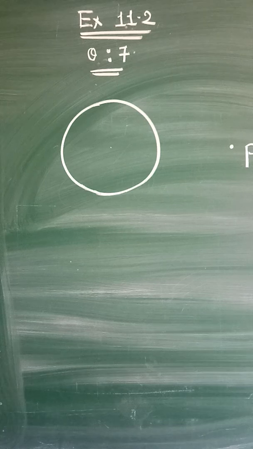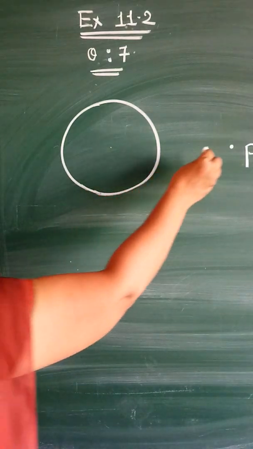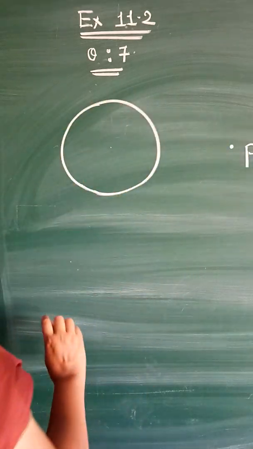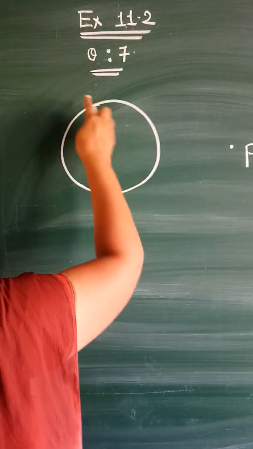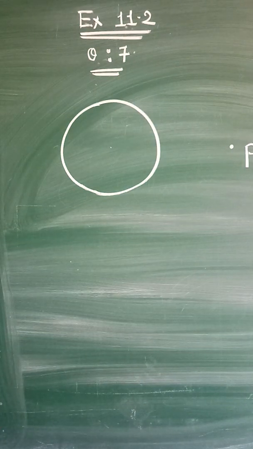You can use anything else also, but in short you don't have to draw a circle using a compass. Why? Because we have to find the center of the circle in this question. Now take one point P in the exterior of this circle, and from this point P draw tangents to the circle. But to draw tangents we must know the center. How to draw tangents without the center? So first of all we will find the center of this circle.